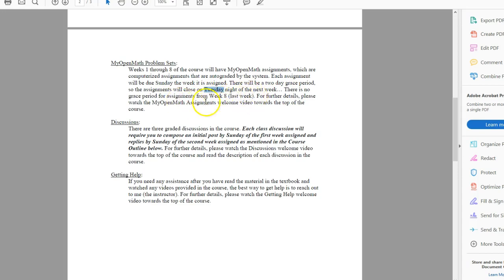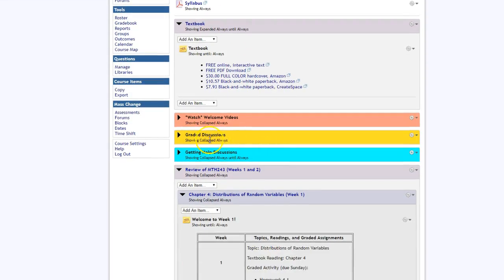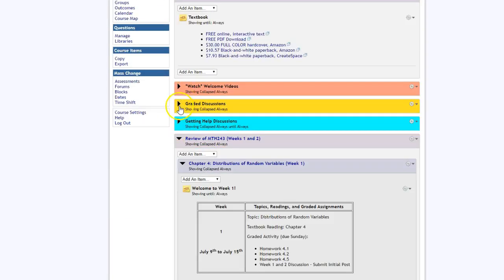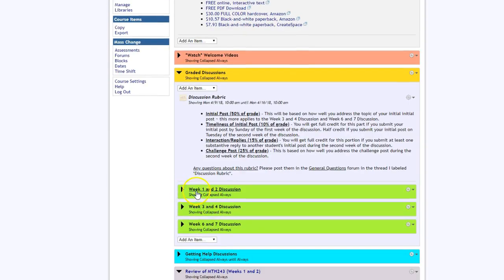So anyways, back to the discussions. There's not much else here. Let's go back to the course. Your graded discussions are located towards the top of the course here, under graded discussions. Above all the weeks, you'll see graded discussions. And so there's 3 graded discussions: week 1 and 2 discussion, week 3 and 4 discussion, and week 6 and